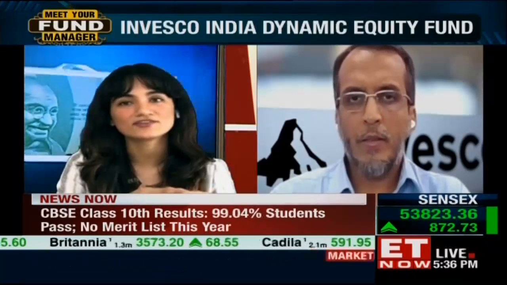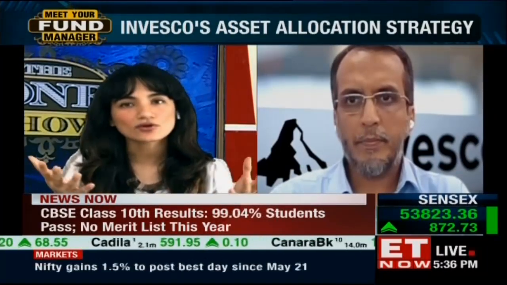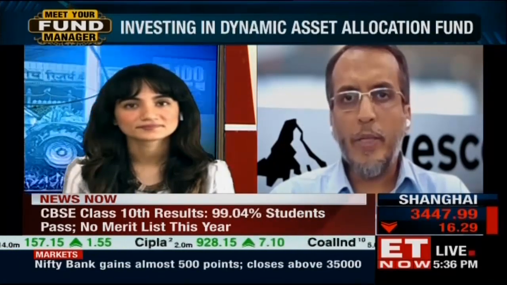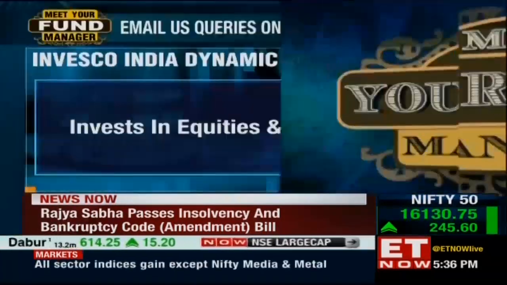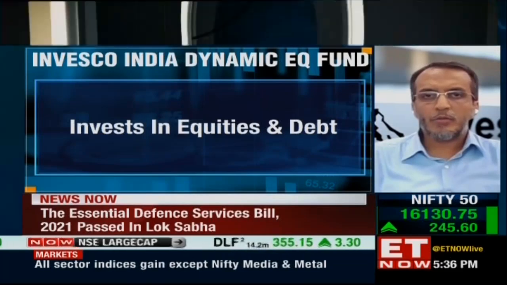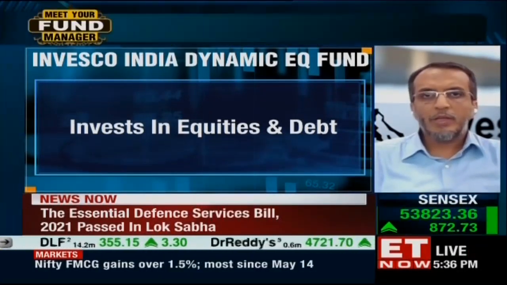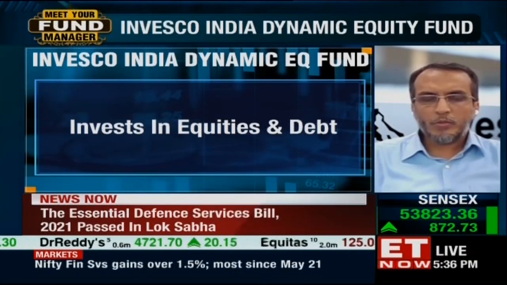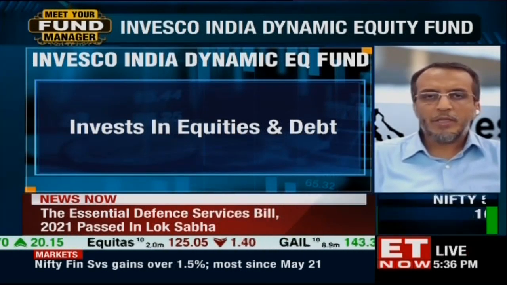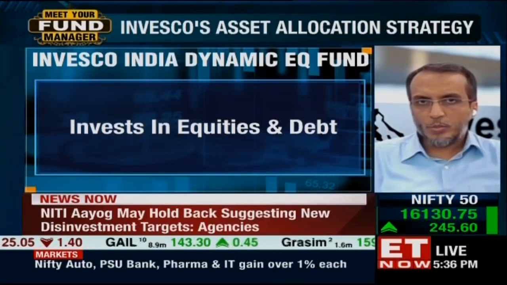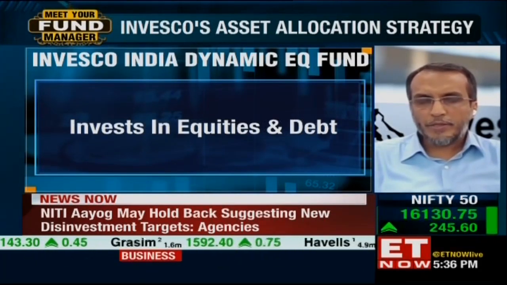And in every downfall, how have we seen the Dynamic Asset Fund really cap any sort of massive volatility? So, we entered 2020 just before the pandemic with equity allocation as high as nearly 80%, because we entered that calendar year with an expectation that the overall economic picture in India would improve, and we were reasonably positive about the overall outcomes in the market. So we had increased our asset allocation towards equities to a very high level at that point in time.